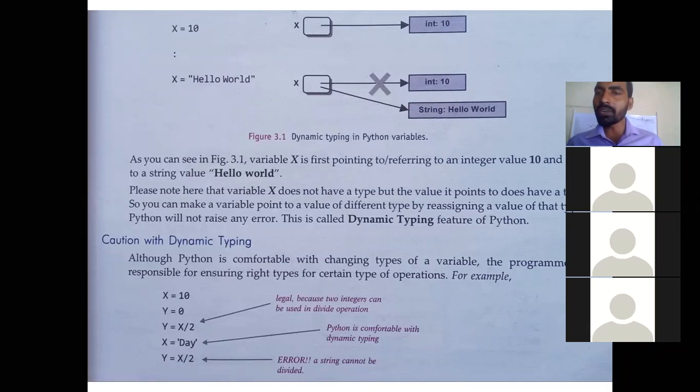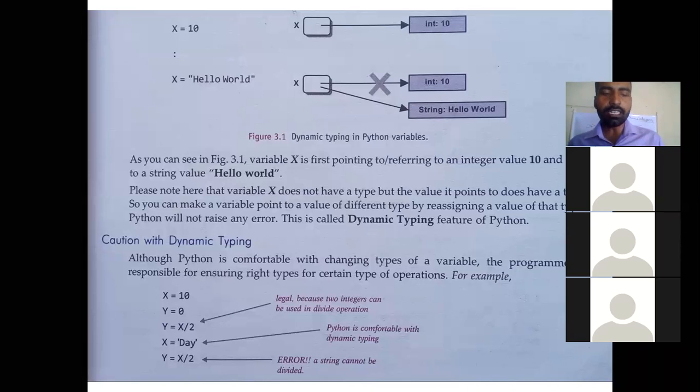So this is the caution with dynamic typing. What caution you have to keep in mind? That what value is there at the current time in the variable. You have to keep this in mind. Otherwise, one time you have given x equal to 10, second time you have given x equal to ABC, and then you forgot and you think that now x equal to 10 only is there, and you are going to divide x by 2, then it is not possible.